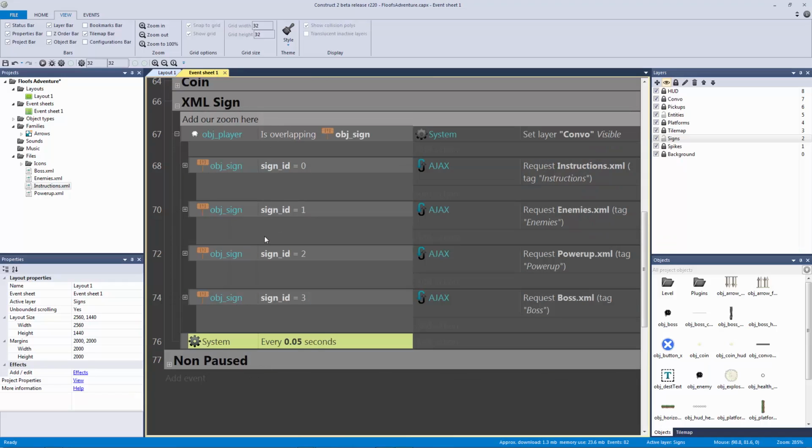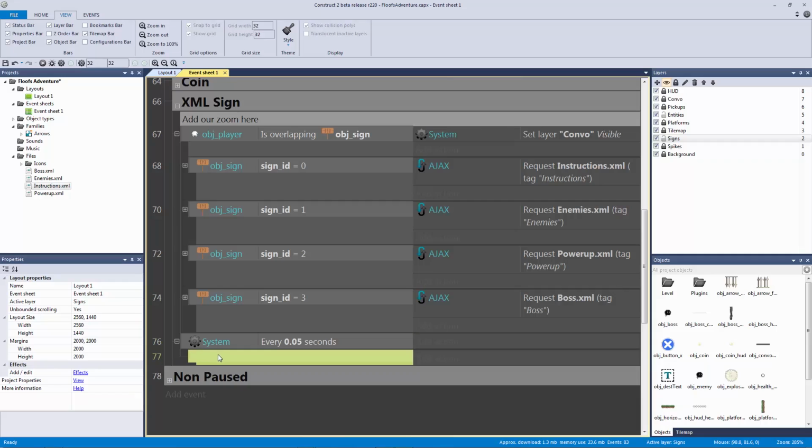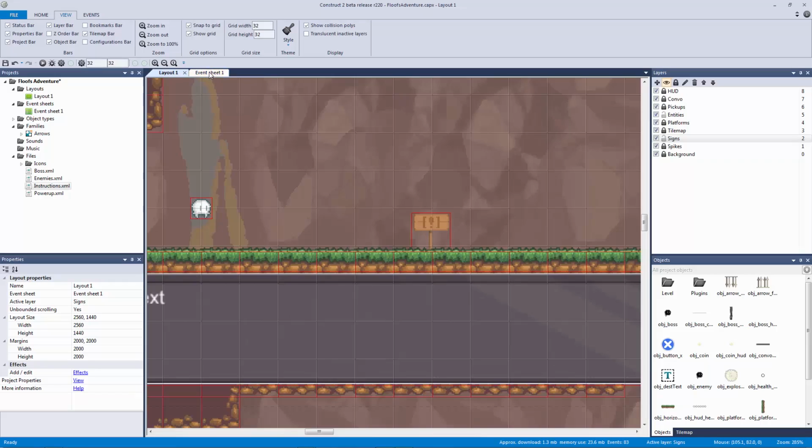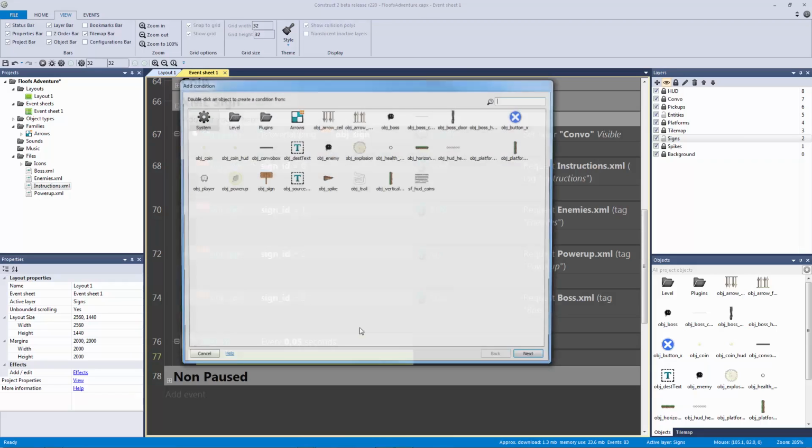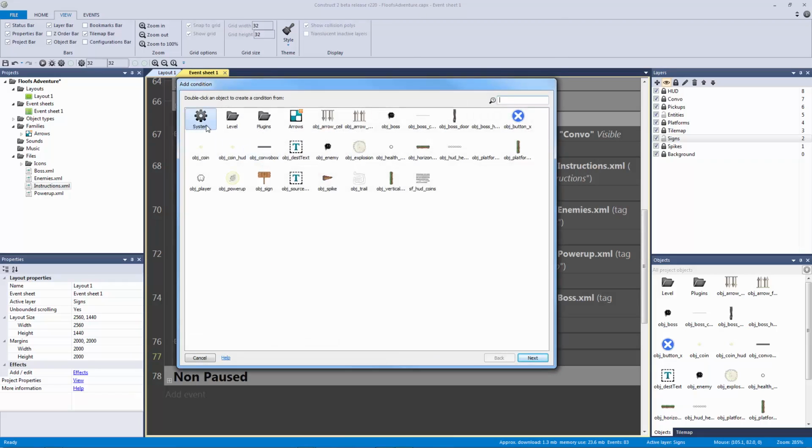So what we're doing is we're actually going to be loading it every 0.05 seconds, and that way it's actually going to repeat across the screen. So let me show you how we're going to do this. We're going to hit B, and we're going to compare the length of the destination text to the width of the destination text. So to do this, we're going to double click, we're going to go system, and we're going